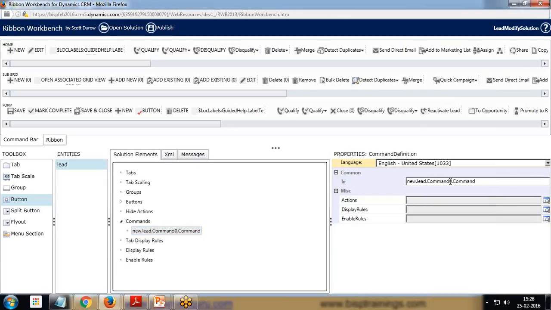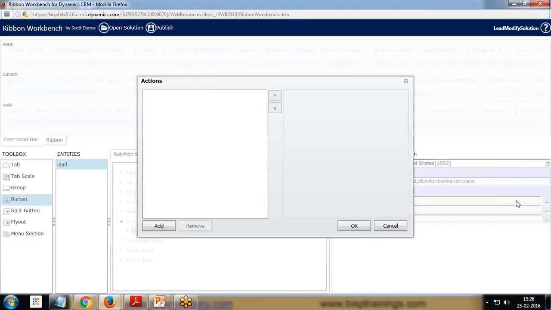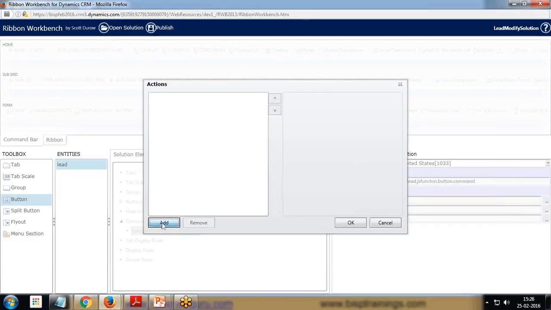We need to customize it. If you want, we can do the customization as well. So I customize it, lead.js function dot button dot command. What action will this command do? So this command will call a JavaScript function. So I click on add,